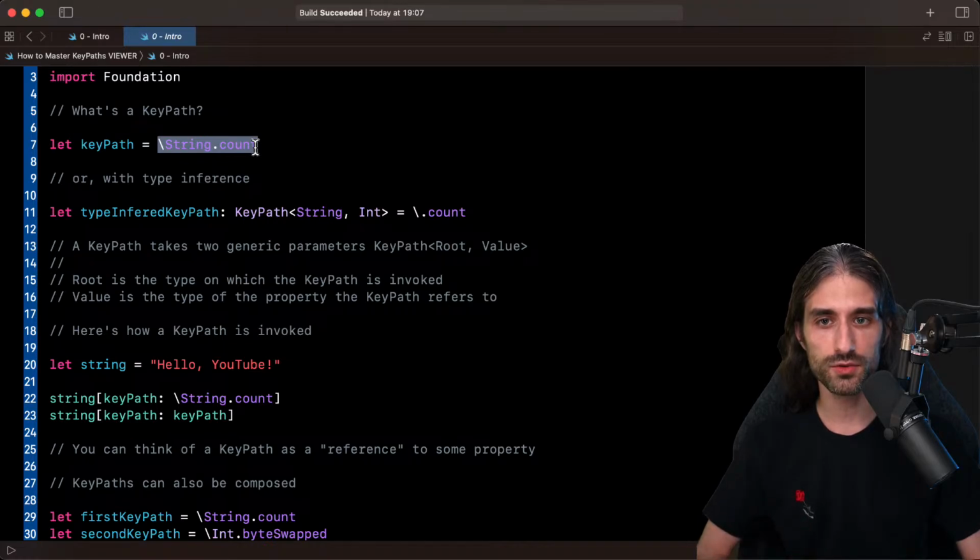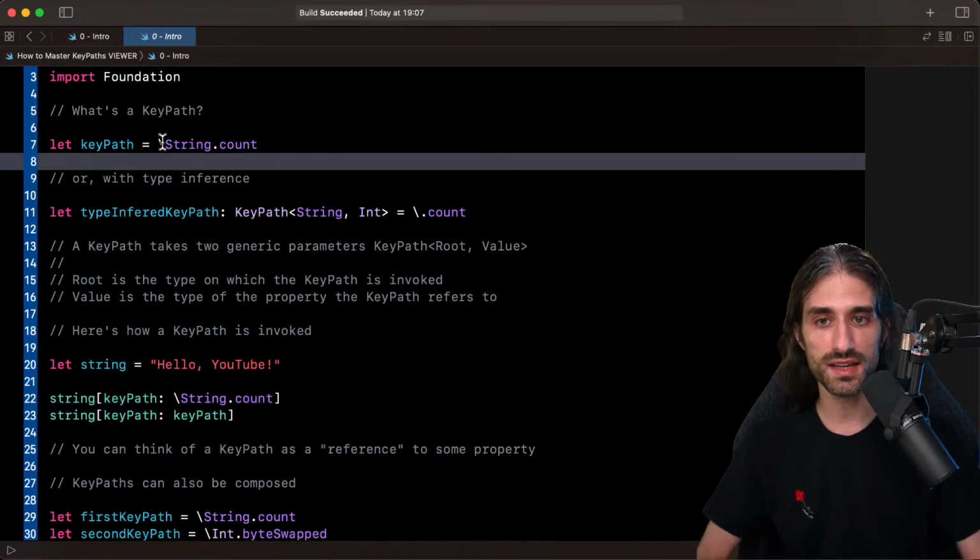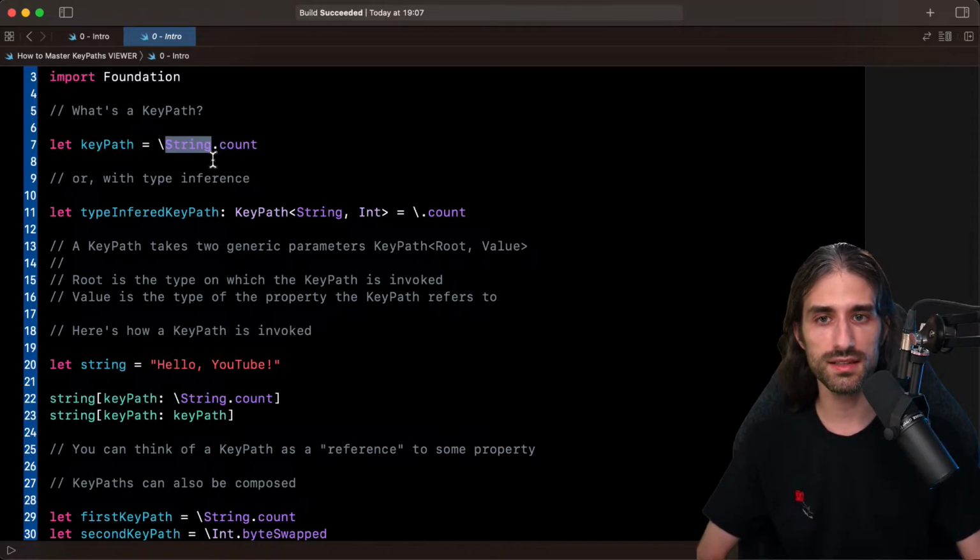So what's important to know is that a keypath is a generic type that takes two arguments, its root and its value. And we can actually see the two of them in the example. Here, the string is the root of the keypath, and the value is not count, but it's rather the type of count.